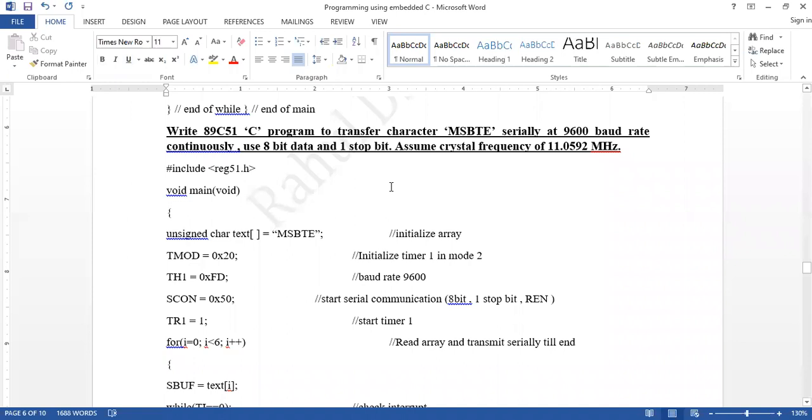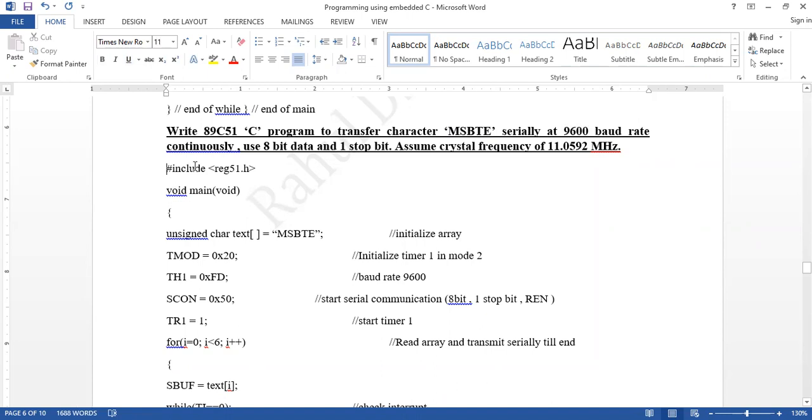So we have to transfer the data serially. The characters we have to transfer are MSBTE, which means 5 characters. You have to transmit 5 characters serially, and for that the baud rate is given as 9600.